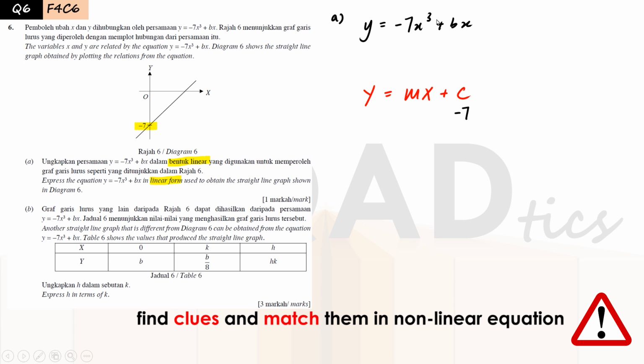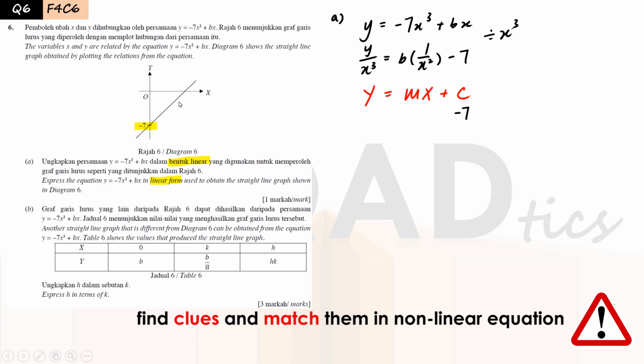But now we need to remove this x cubed from it. To remove it, very simple, divide the whole equation by x to the power of 3. Okay, and then we will get something like this, where you see that the y-intercept matches with the clues given